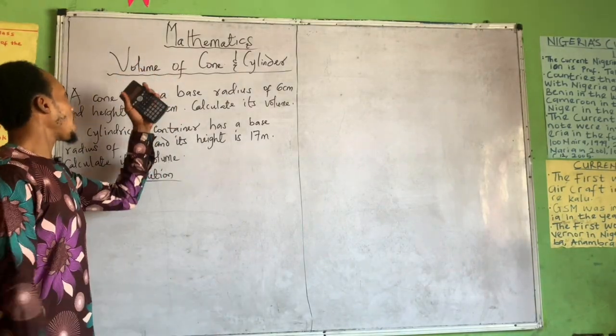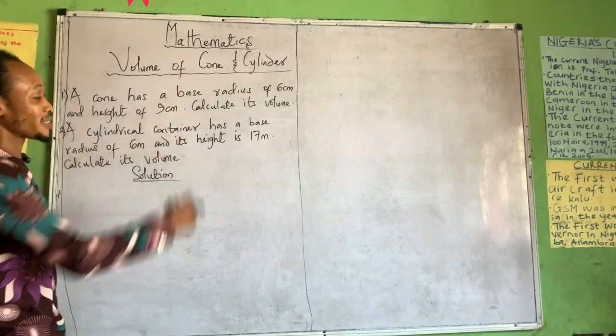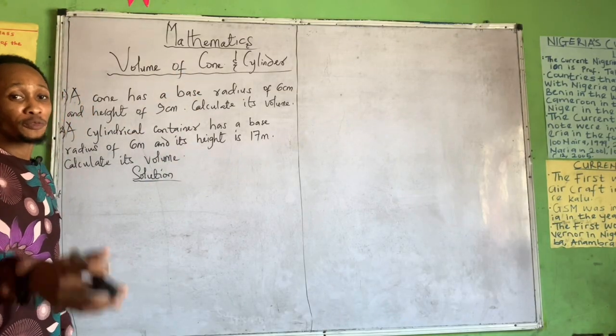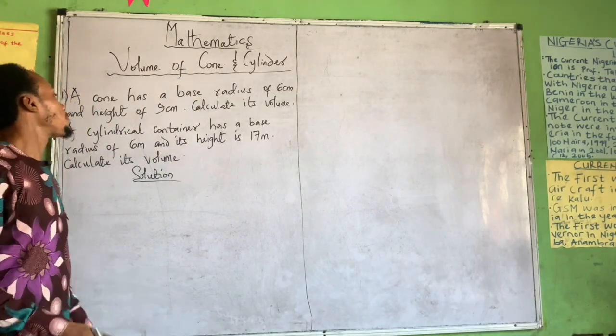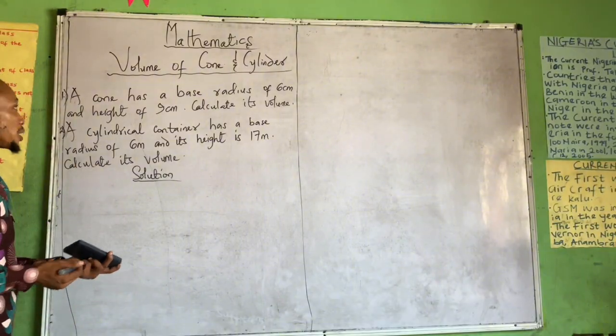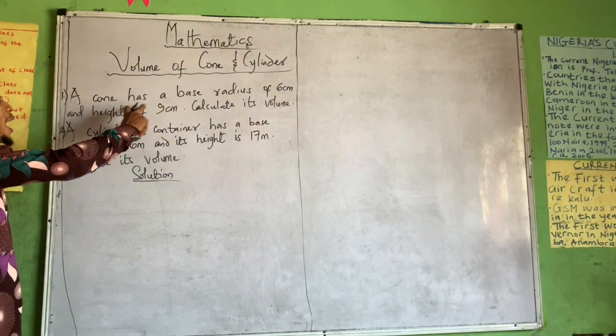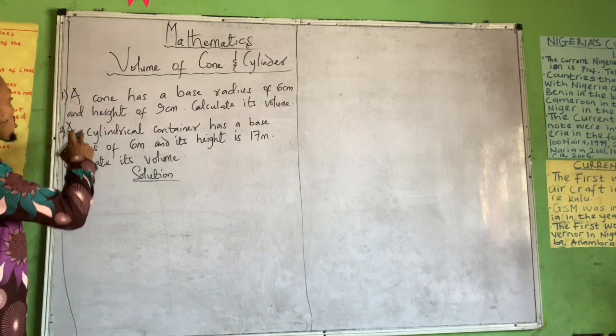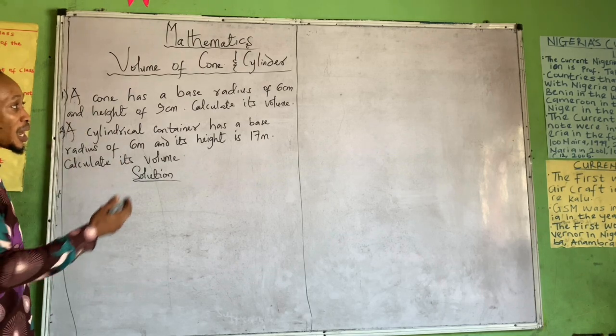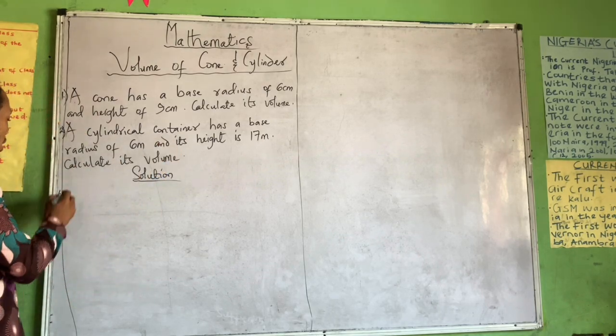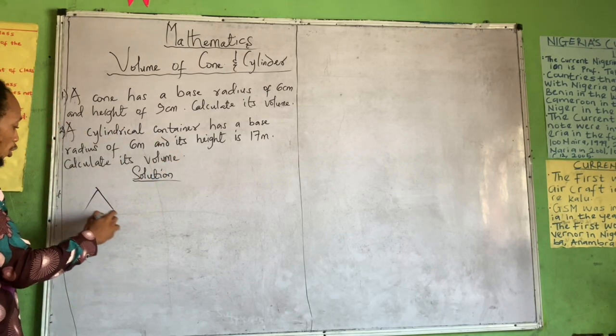Alright, so we are looking at volume of cone and cylinder today. In the last class we looked at total surface area of the cone and of a cylinder. So we're looking at the volume today. Number one, a cone has a base radius of 6 centimeter and height of 9 centimeter. Calculate its volume. The first thing is, it is advisable for us to draw the cone